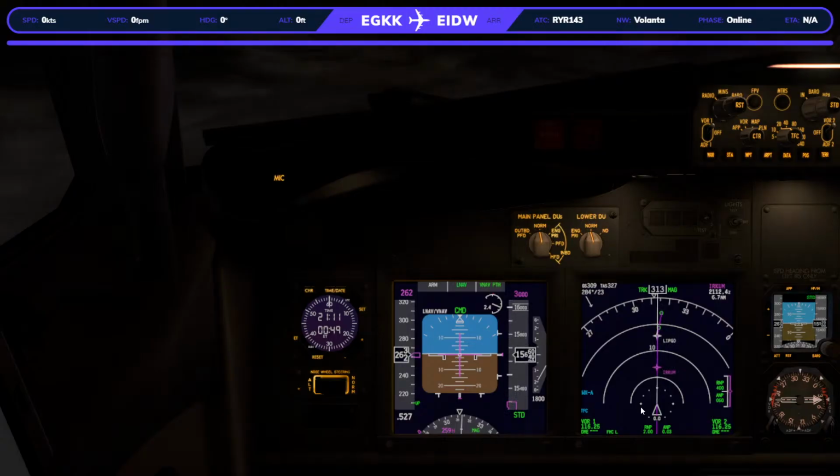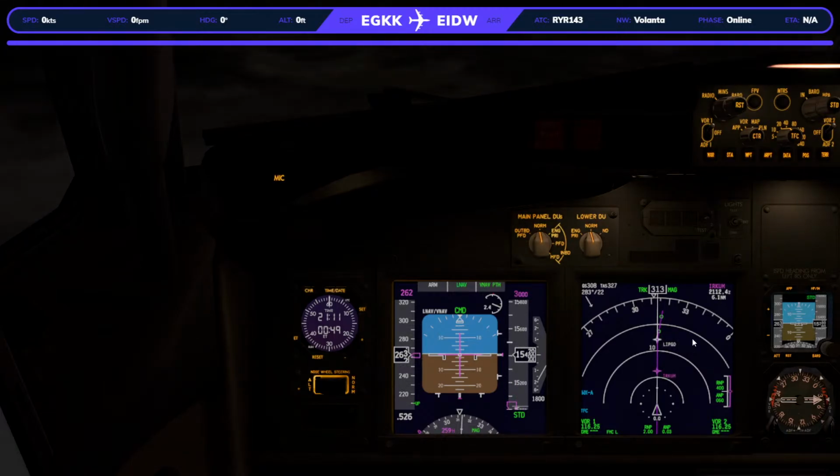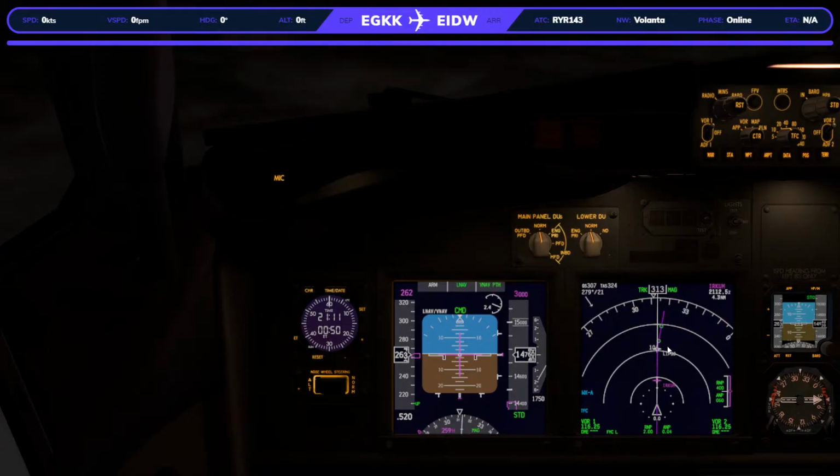Okay, we've got Irkham coming up next, 6.5 nautical miles, after which we are going to be heading over to Lipko, and then we are going to turn slight right to Lampo. It's a 26-mile leg from Lipko to Lampo, during which we're going to get the aircraft configured for approach. So